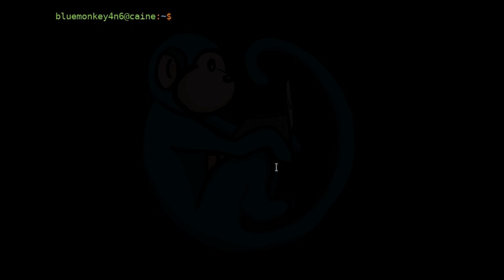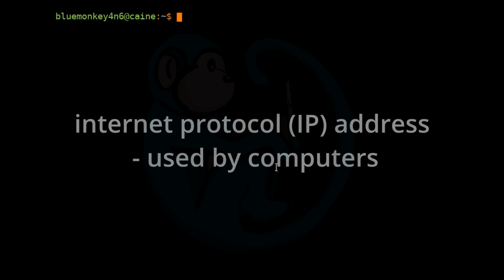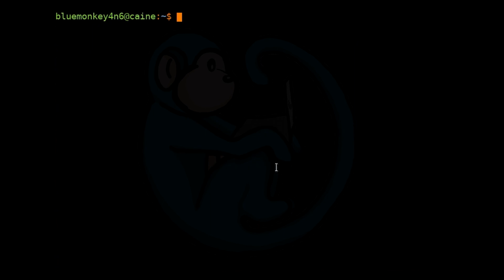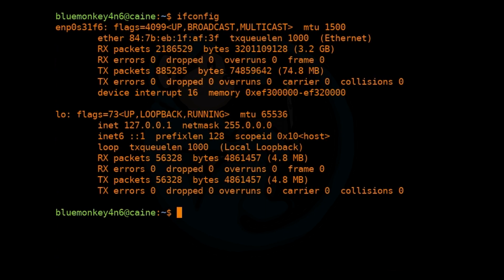Computers, on the other hand, don't really use host names, but rather they use an Internet Protocol address, or more commonly known as an IP address. To configure or view the current network settings, you can use the ifconfig command. So if we type in ifconfig and hit return, we see that the command will list all of the network